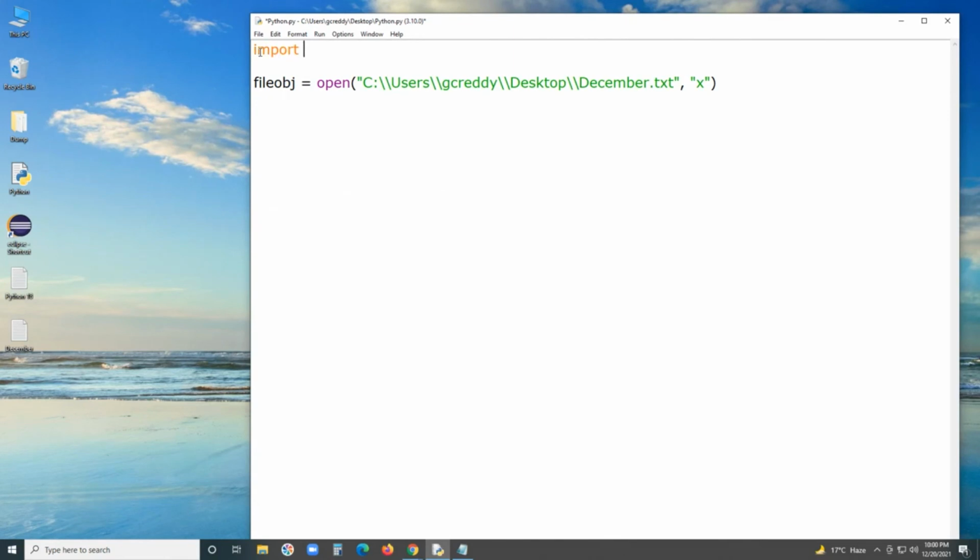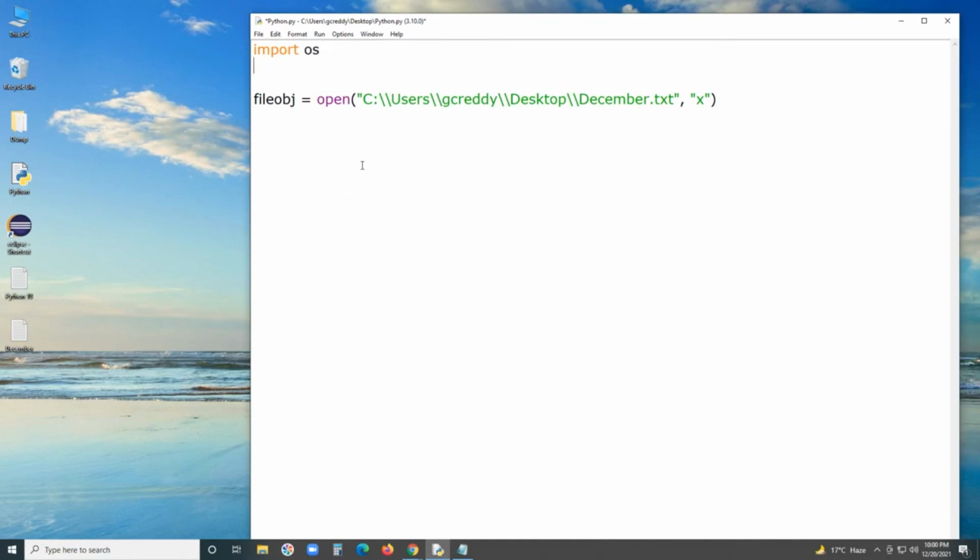Import is a keyword, Savitri, shown in orange color. Then OS. Import OS. Next, after importing,